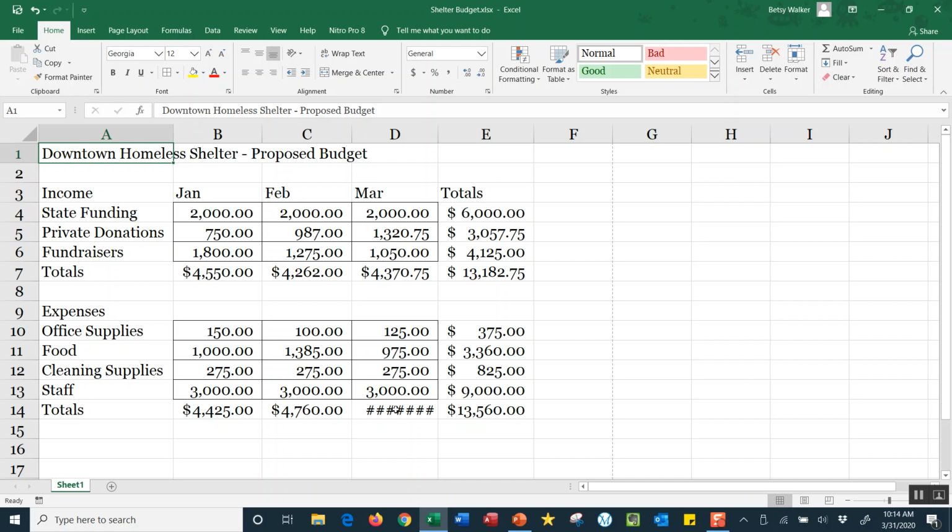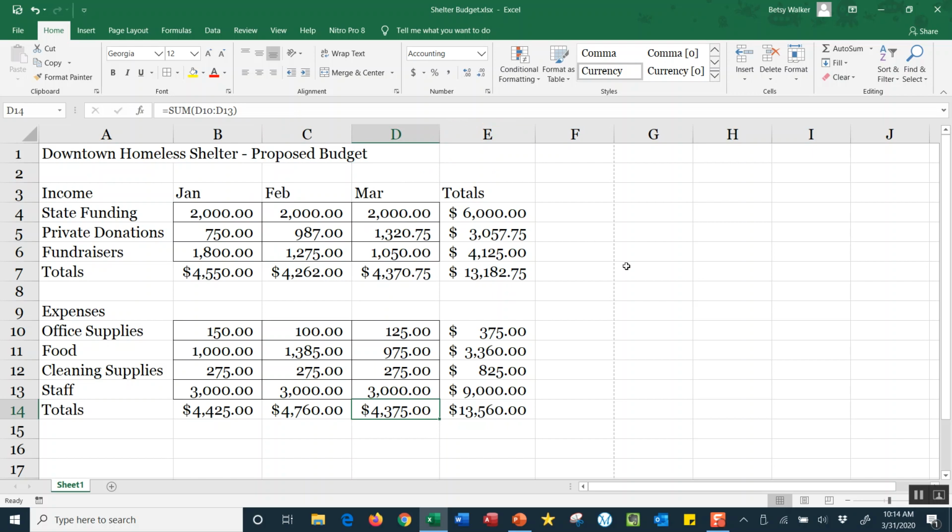If I click here on D14 and I look up in my formula bar, my formula is fine. I do not have an error in this place. Instead, Excel is just alerting me to the fact that a number's not visible because the column's not wide enough. And this is a time when double clicking would work really nicely for me. I will double click and Excel figures out how wide it needs to be to show that number. I'm going to save my work